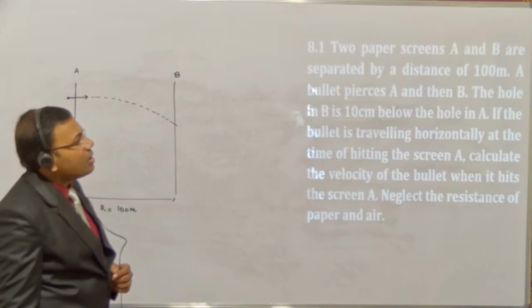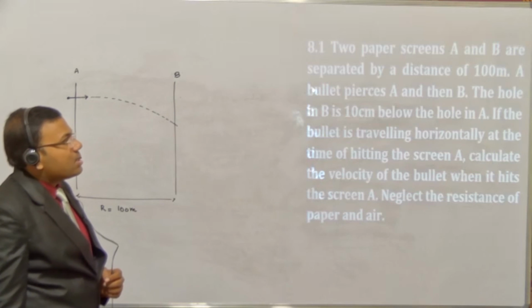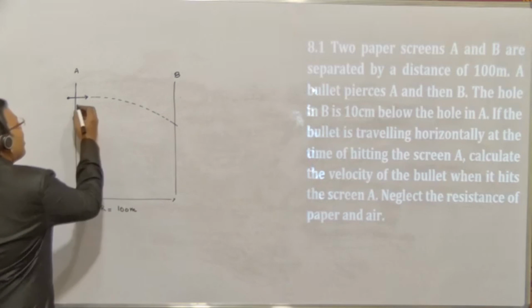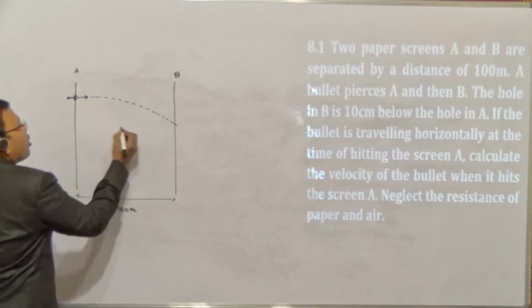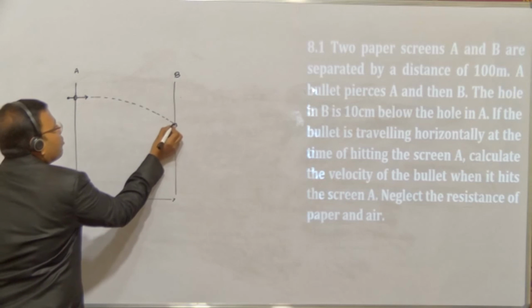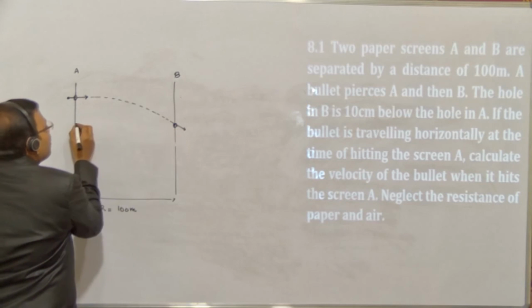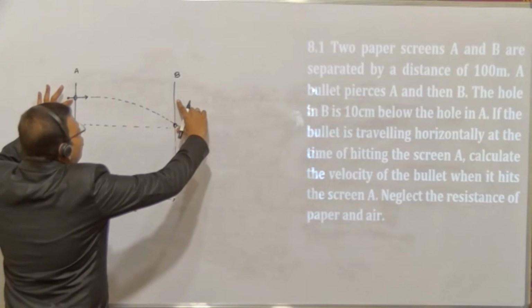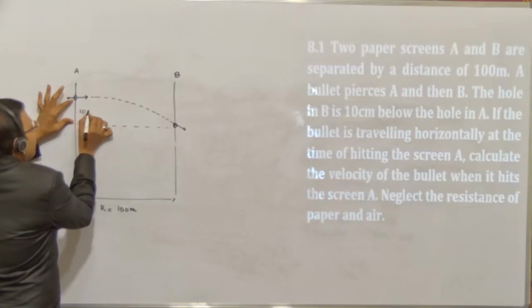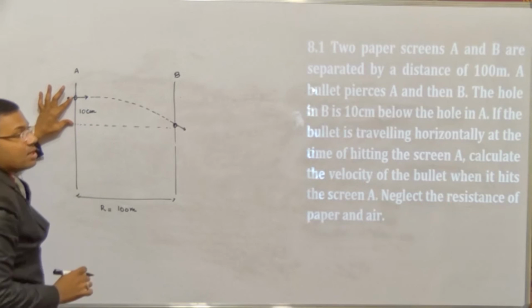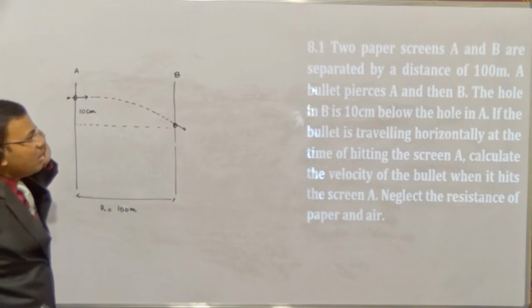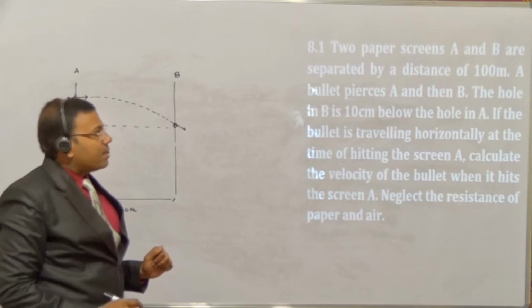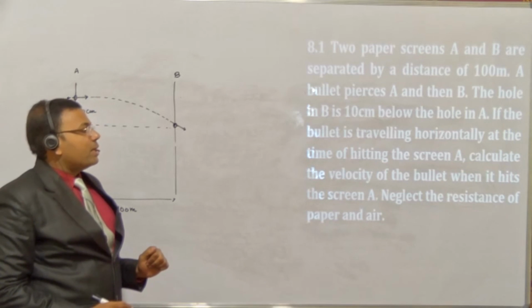तो द क्वेश्चन हियर इज द होल इन B इज 10 सेंटीमीटर बिलो द होल इन A. सो यहाँ पे जो होल है बेटा, और यहाँ पे जो होल बना है, जब बुलेट बाहर निकला तो दोनों का जो डिफरेंस इन द होल देखते हैं, तो दिस इज आवर 10 सेंटीमीटर, ठीक है, बिलो द होल इन A. इफ द बुलेट इज ट्रेवलिंग हॉरिजॉन्टली एट द टाइम ऑफ हिटिंग द स्क्रीन, कैलकुलेट द वेलोसिटी ऑफ द